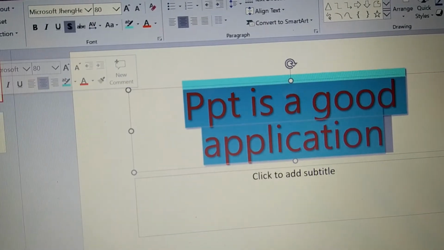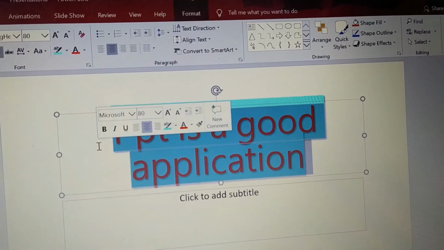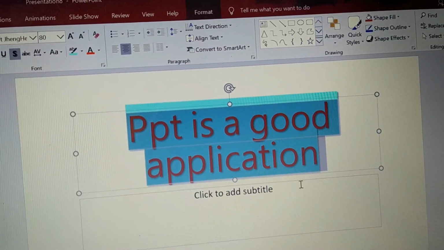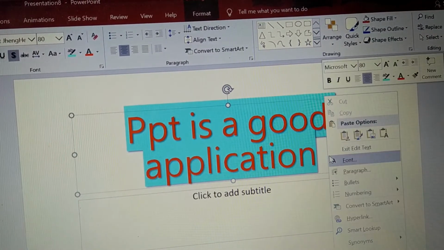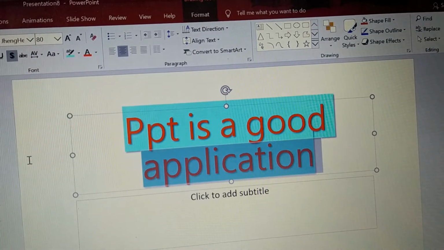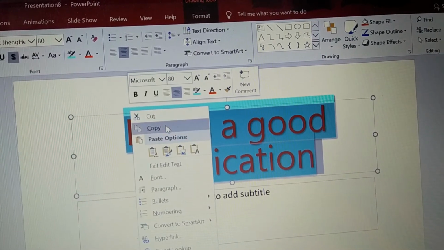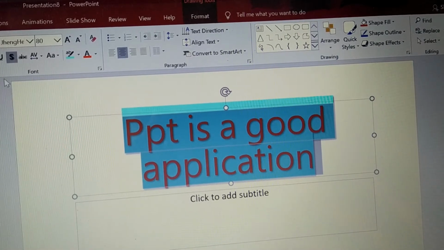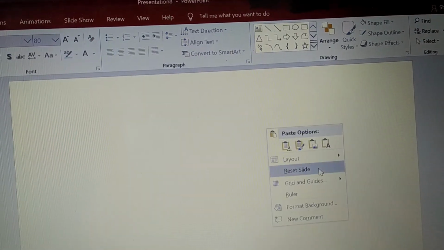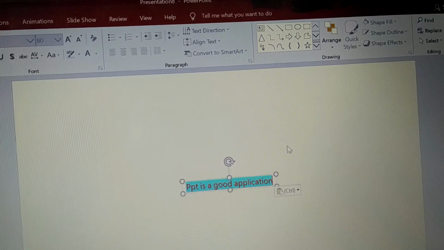Now we will copy this to another slide. First of all we will select this whole thing, click the right button, copy, and paste it here. See, the paste option is here, we will paste it here.